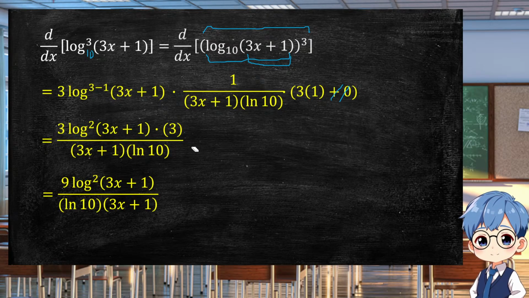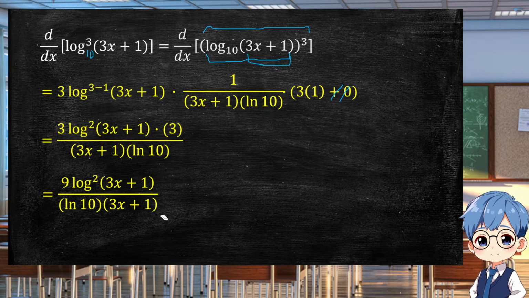Take note, we can actually write it in this manner or in this manner. Does not matter, since it is commutative. But I just wrote it first because ln of 10 is a constant. Just for standard purposes, a constant should be written at the first part. So we have here 9 log to the power of 2 of 3x plus 1 all over ln of 10